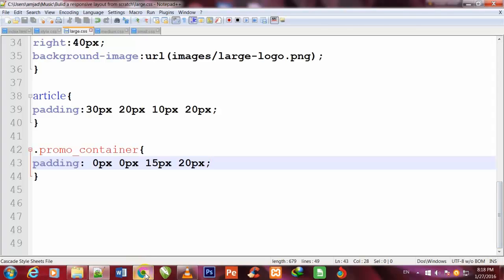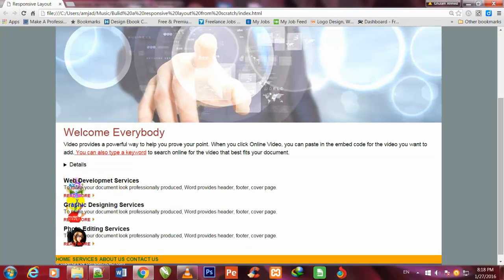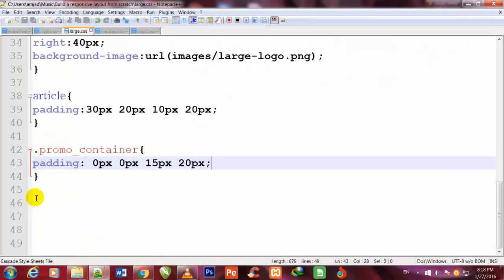So now friend, I go to my Chrome browser and refresh this page. So you see that this text, these headings also have come towards the right side, and there has been made a space here. So once again I come back to my Notepad++ code editor, and now friend,